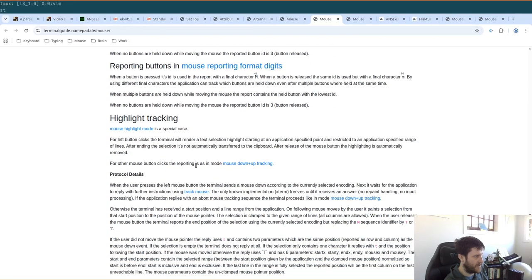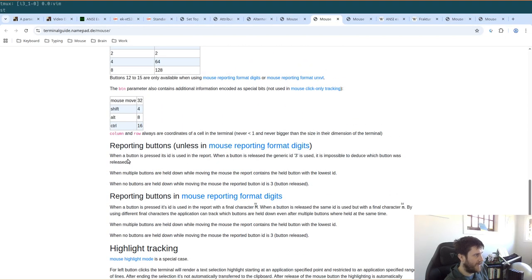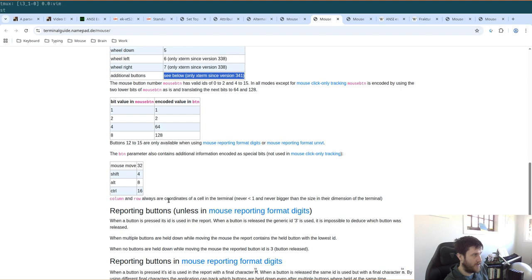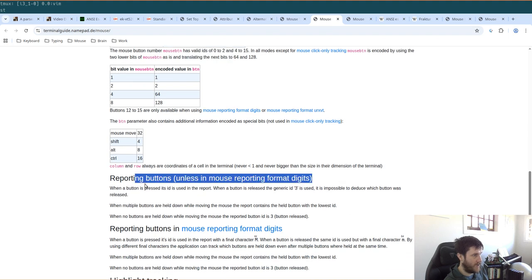I don't quite know what it means by see below there. It's not very clear, is it? I mean, it's actually quite useful, but